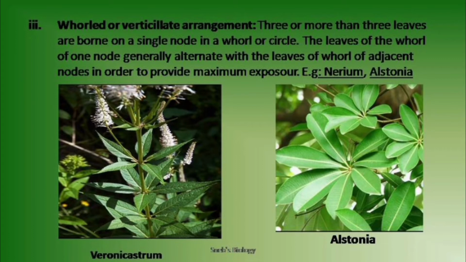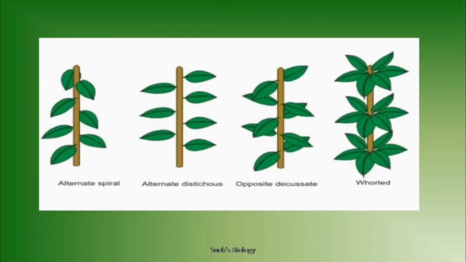The third arrangement is whorled. As the name tells us, on one node there would be multiple leaves. So all these leaves are basically on one node, and this arrangement is in the form of a circular arrangement which is called whorled, which is seen in the case of Alstonia, Nerium, etc. So these are three common types of arrangement which are seen, and this arrangement comes under phyllotaxy. It is very important so that each and every leaf gets sufficient sunlight for photosynthesis.